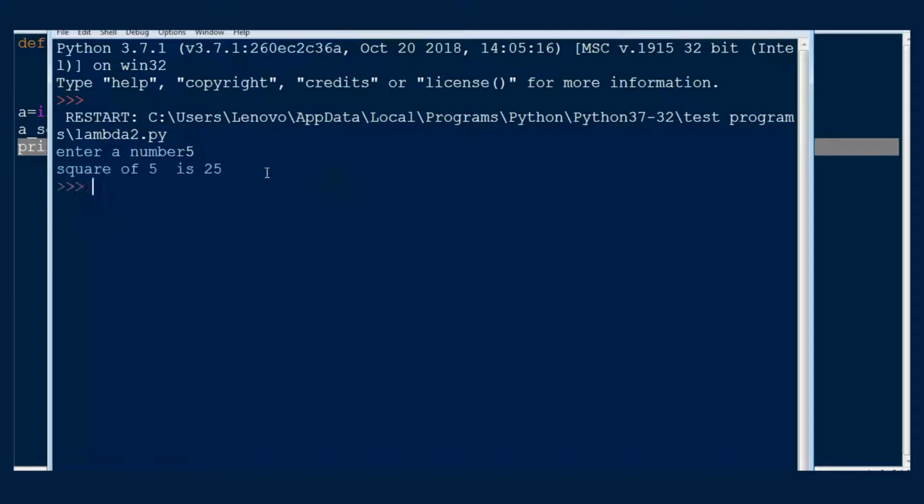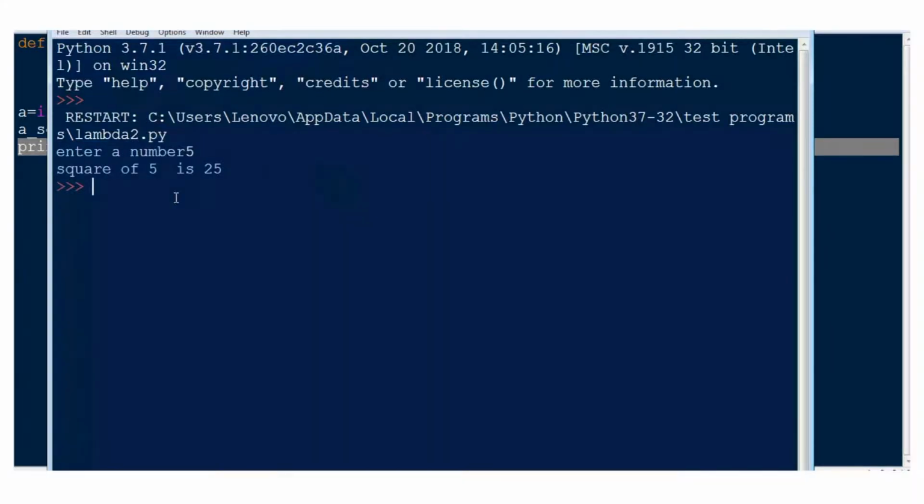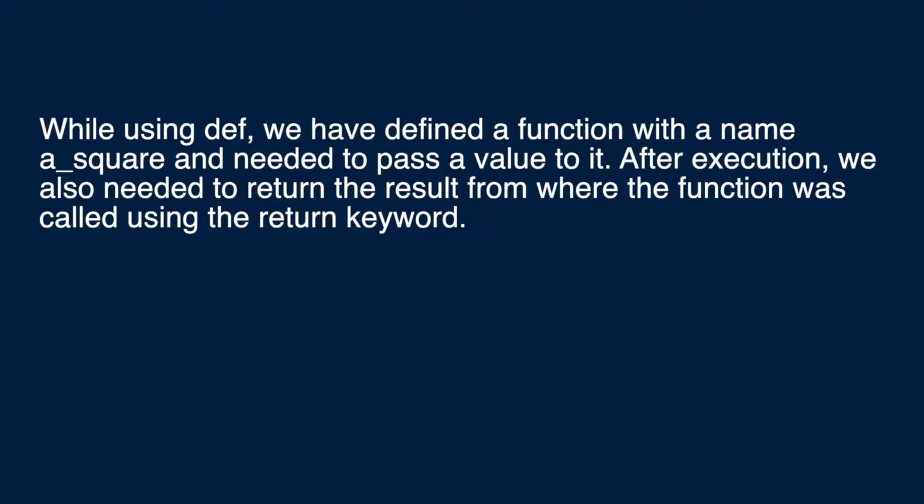Both normal function and lambda function square the given number and return it. Then what is the difference? While using def, we have defined a function with the name a_square and needed to pass a value to it. After execution, we also needed to return the result to where the function was called using the return keyword.